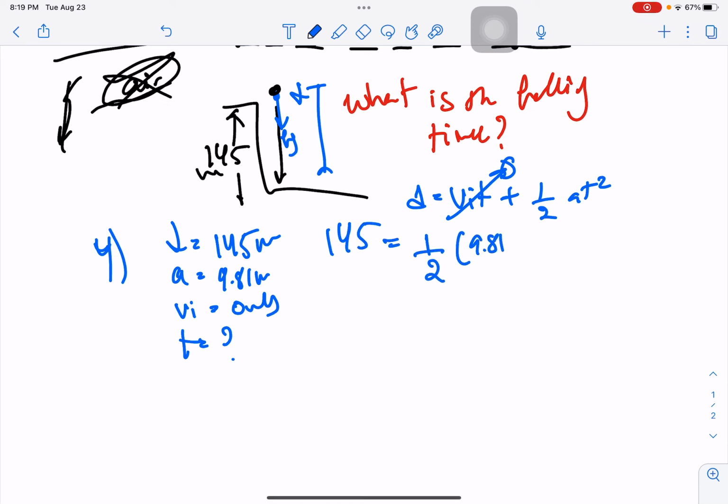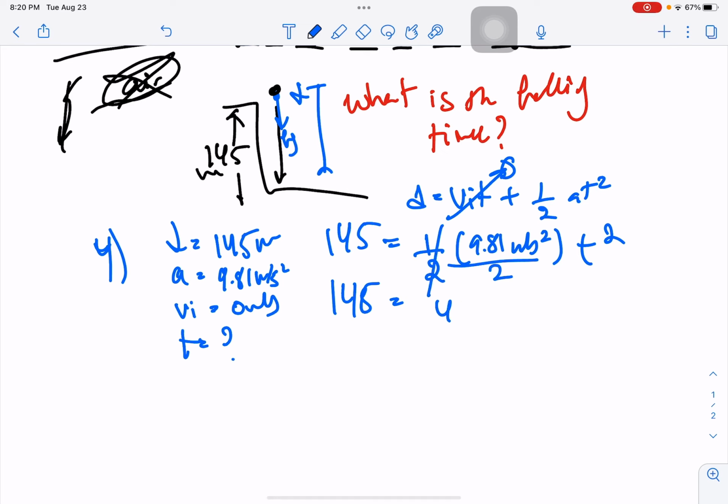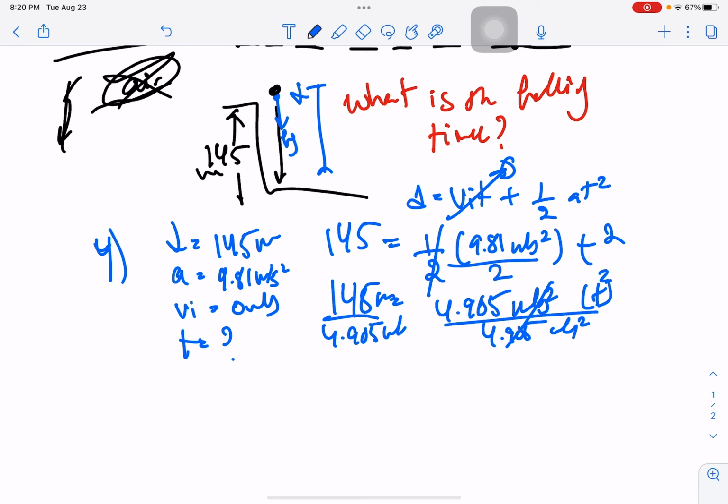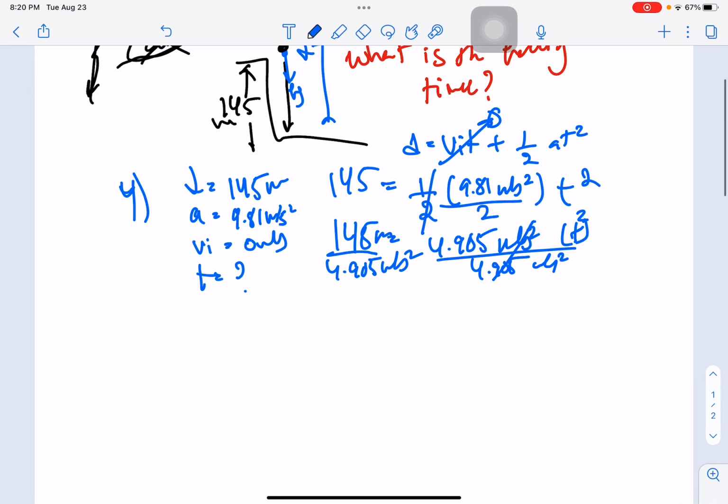I'm going to use 9.81, some people use 9.8, meters per second squared. And then we're going to multiply by the time that we need. So after that, 145 is going to equal 4.905 meters per second squared multiplied by the time squared, divided by 4.905 meters per second squared. This cancels out. Okay, so after that we are left with